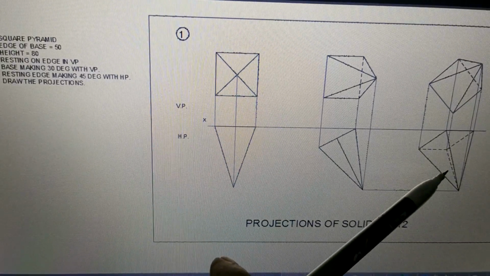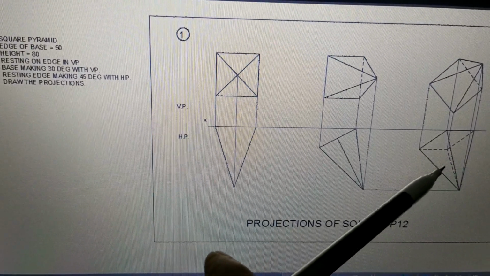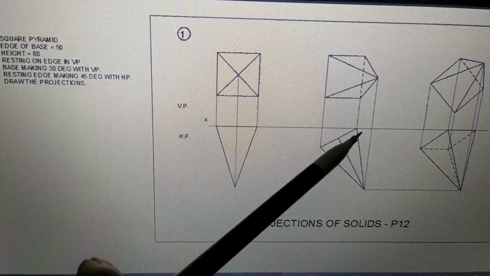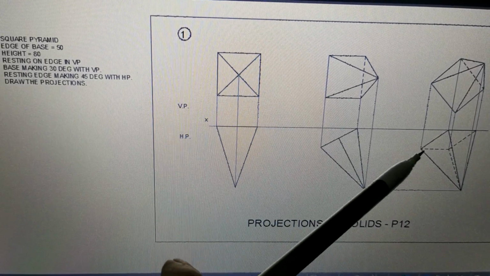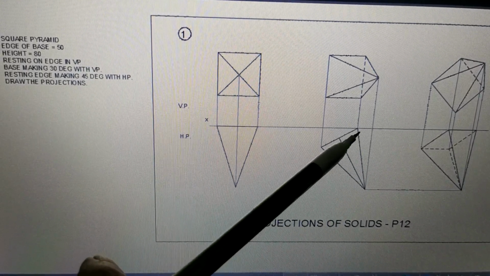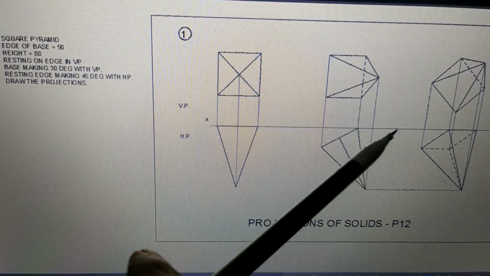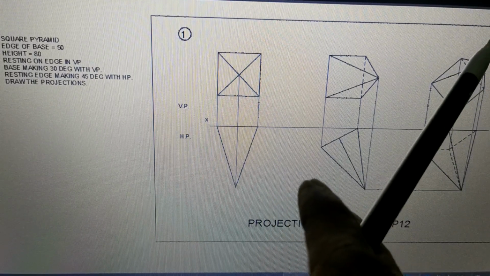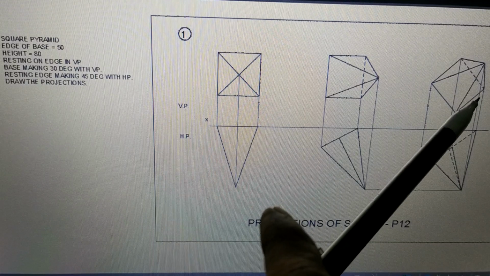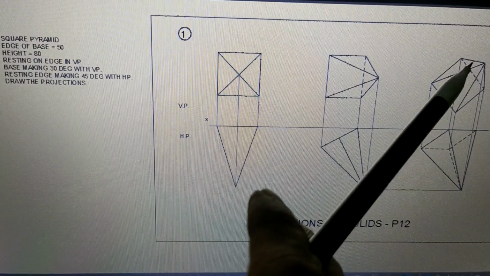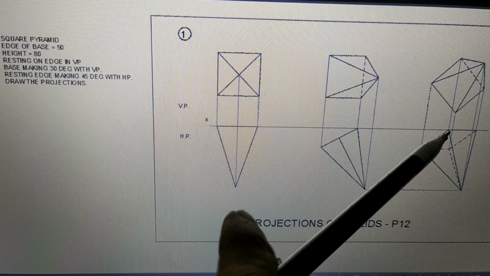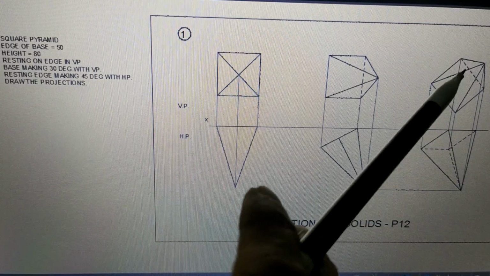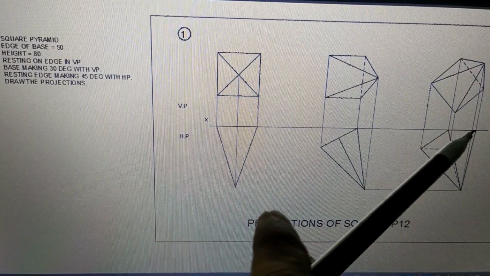Now this view you have to draw fresh. When you draw this view, you have to take the reference from this view and from this view. What we do is, we make use of the point names, and using the point names we are going to draw this figure. As you know, this is AB. So AB is in this vertical plane. Here A is here, B is here. When you project point A, when you see point A from top and it is resting in VP, the point will be at this place. Now B is also in VP. When you see from top, B will be here. So this is A and this is B. So we have drawn line AB.